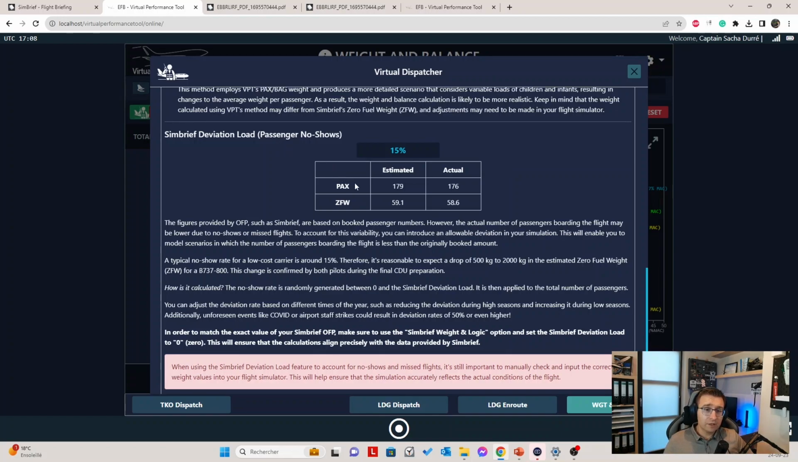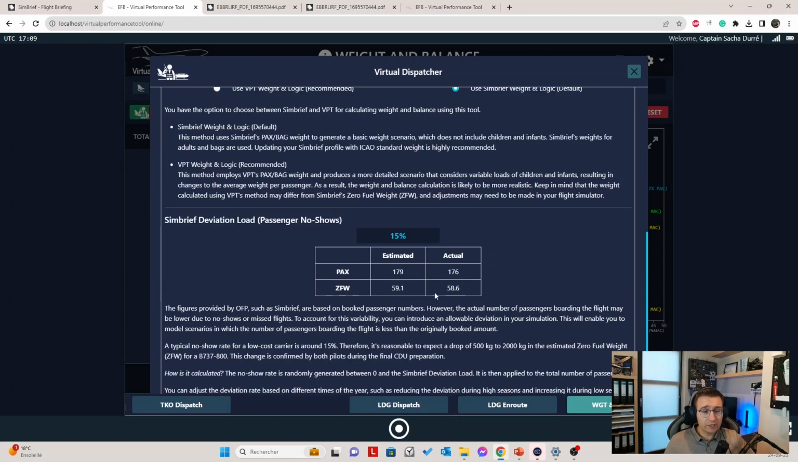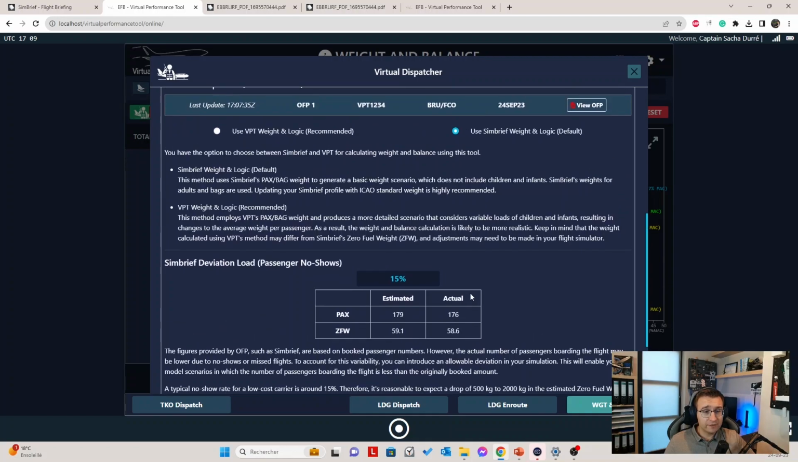Today there are only 3 passengers missing. The first column, as you can see here, is the estimated weight from Simbrief. Simbrief has estimated a number of passengers of 179, and as you can see, we have only 176 passengers on board. The estimated zero fuel weight was 59.1, and the actual zero fuel weight is 58.6. So here you can look and find the differences. And if you use the VPT weight and logic system,